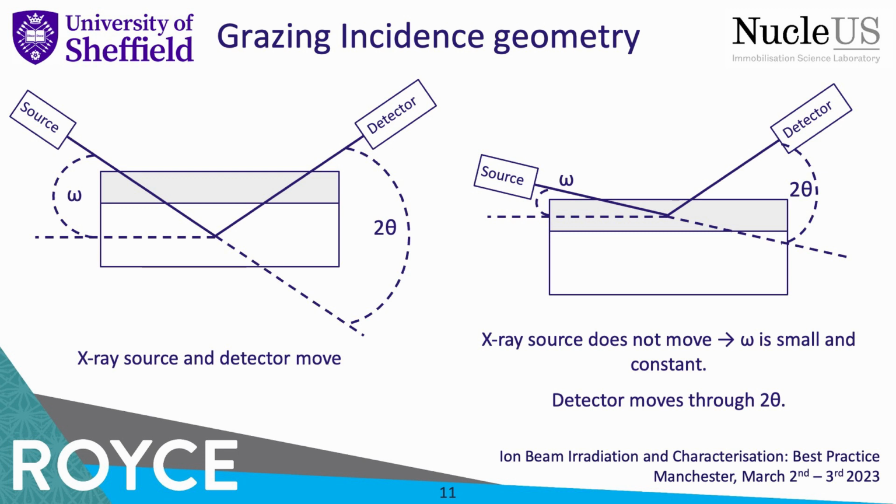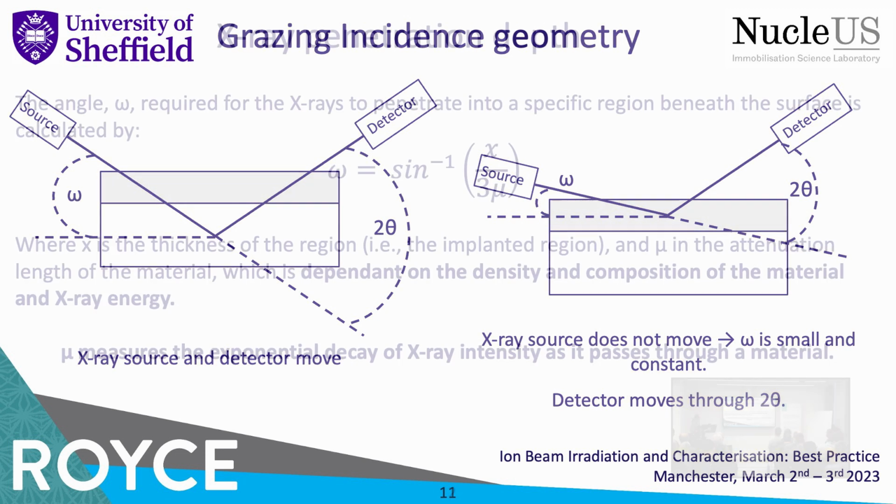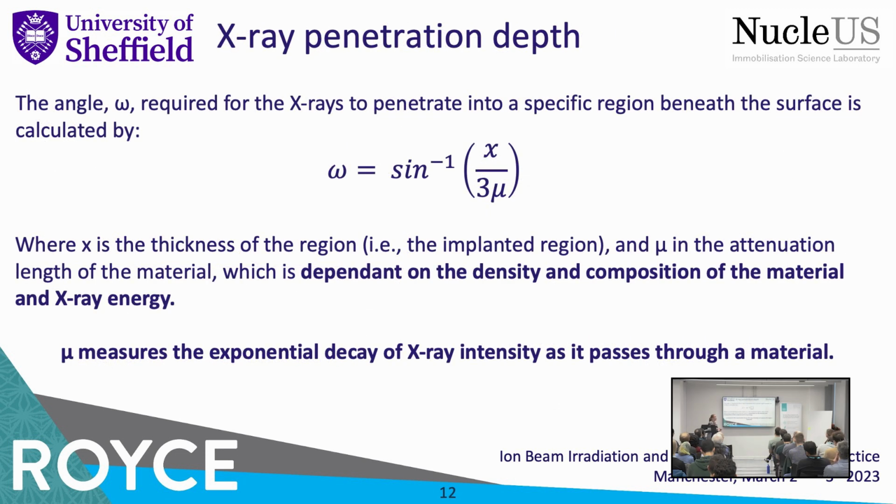What we then have to do is calculate what our angle omega is going to be. And this is what I'm going to talk you through now. It's actually quite a relatively simple calculation. So I just do this in an Excel spreadsheet, which I'll give you an example of. But basically, the angle omega, which is the angle that we need to fix in order for our X-rays just